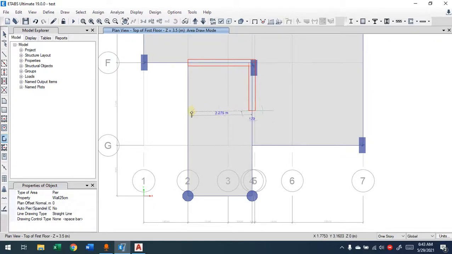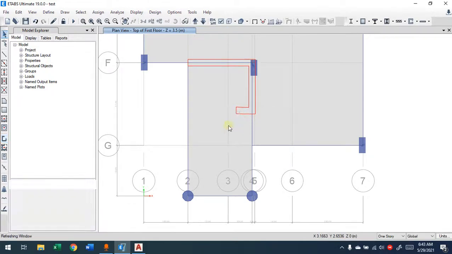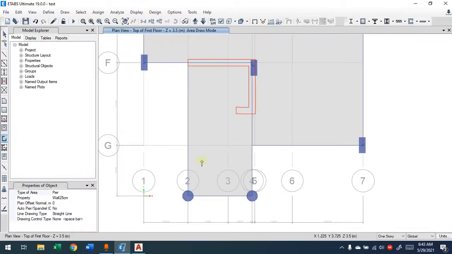Then if it's a continuous one, then you will add the wall. But most of the time, let's say you have something like this, then you can press escape. Sorry, I could do right click as well. If I want to continue, then